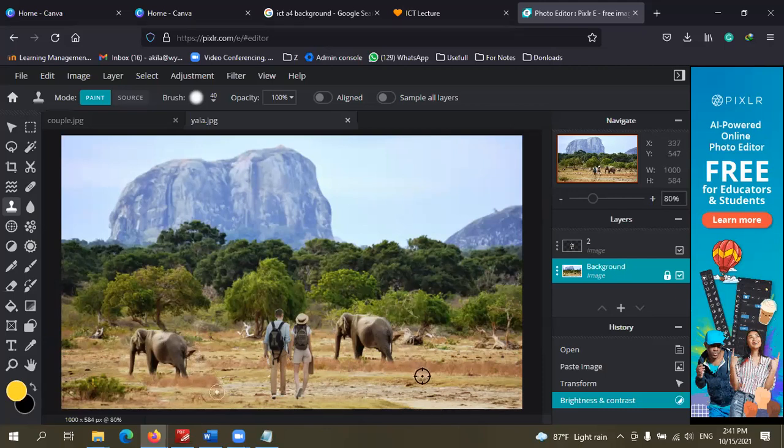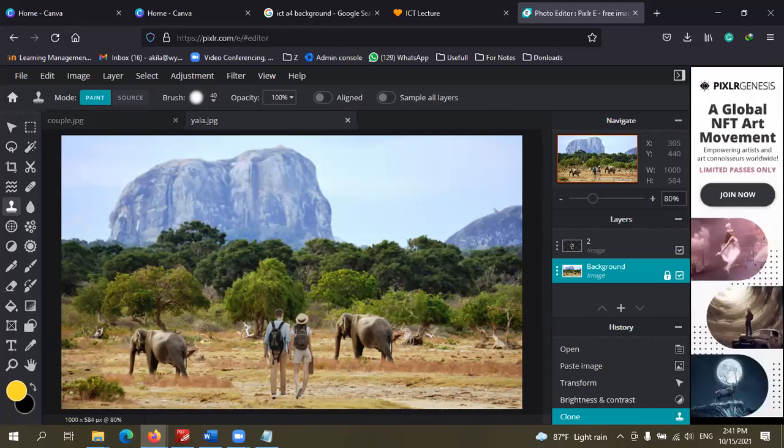You can clone sometimes. This is clone tool. What you have to do, just click once, and then when you want to draw it, it will clone the place where you have clicked earlier.